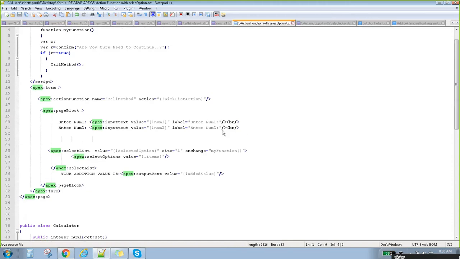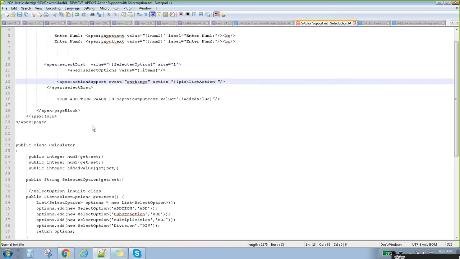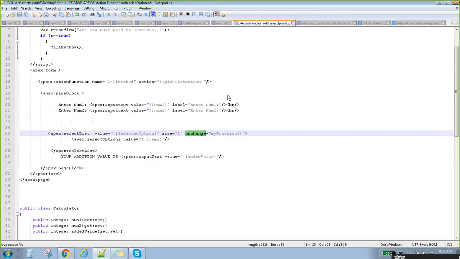If you see this particular example, this should not be a part of any of the other components. Here we are mentioning the event. Action support event is equal to onchange, action is equal to this particular thing, correct? If you see this particular action function, it is basically onchange.